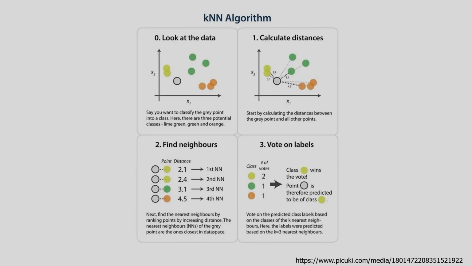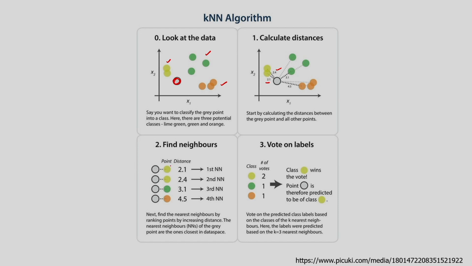Again I can show the k nearest neighbor algorithm. Here I am considering three classes: one is yellow, one is green, and one is orange. I am considering one new data point, and I am finding the distance between this new data point and the other samples corresponding to different classes. One class is the yellow class, another is the green class, another is the orange or red class. You can see I am finding the distances, 2.1, 2.4 like this.